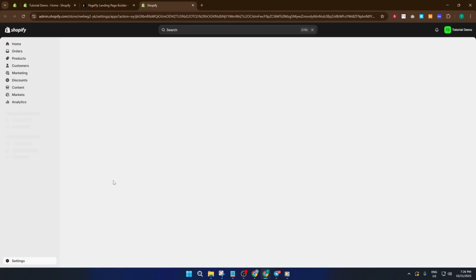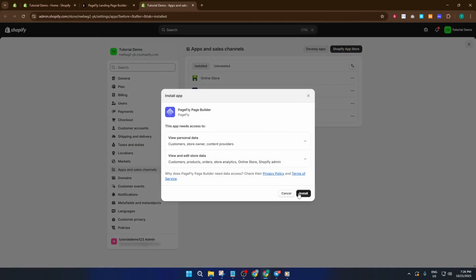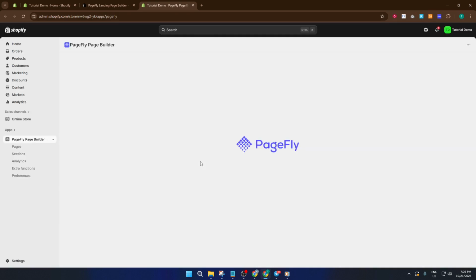Once you're installed, look over to the left sidebar of Shopify. You'll spot a new section below PageFly Page Builder. This is where the magic happens. Here's a quick overview. You've got AI Sales Page, which can help you quickly generate content and layouts using artificial intelligence. Pages, for managing all your landing and product pages. Sections for reusable page elements. Analytics to track performance. CRO Center for conversion rate optimization tips, and extra functions and preferences for fine-tuning the app